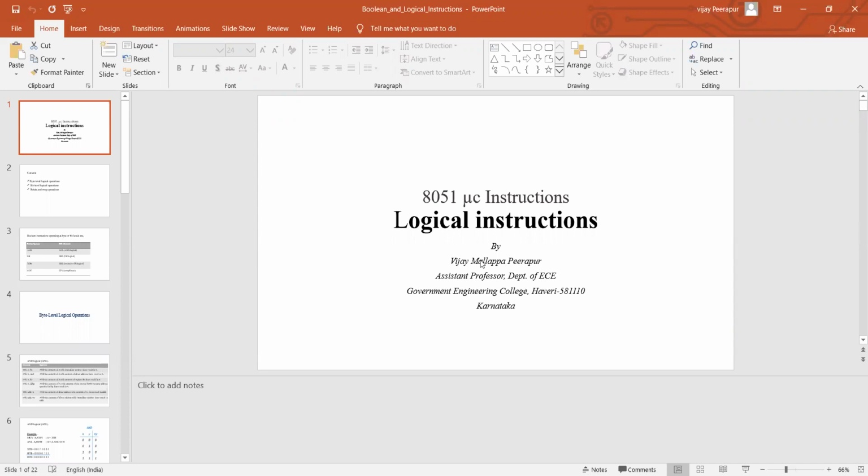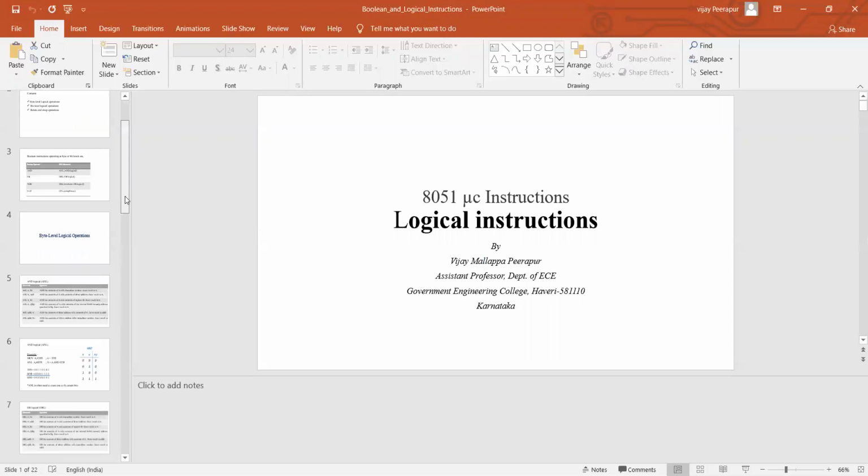We already covered Boolean and logical instructions in the classes, and also I've shared a PDF file with all the instructions, mnemonics with the examples we discussed in the class, so that you can recap what we studied in the class, and so that you know how the instructions work, so that you're ready for the lab sessions. I already shared this PDF file to you.